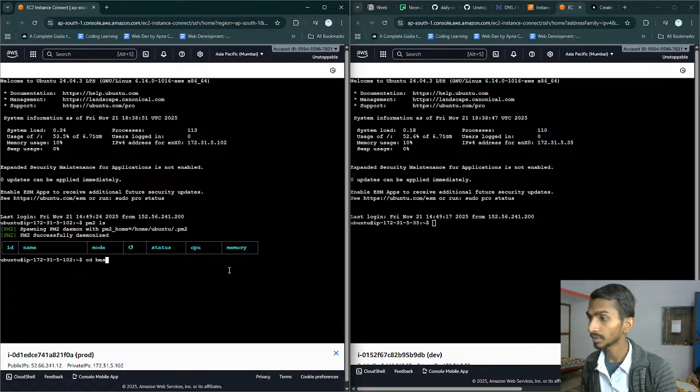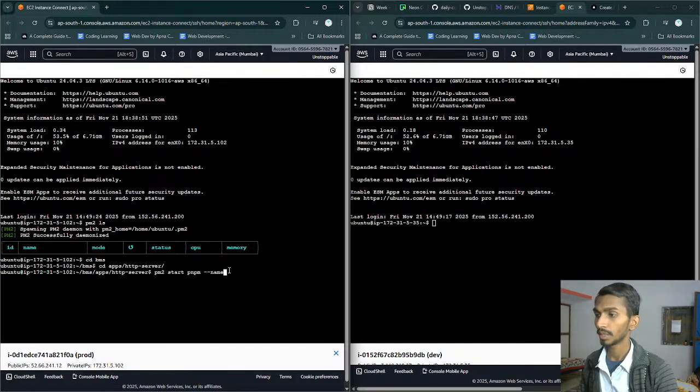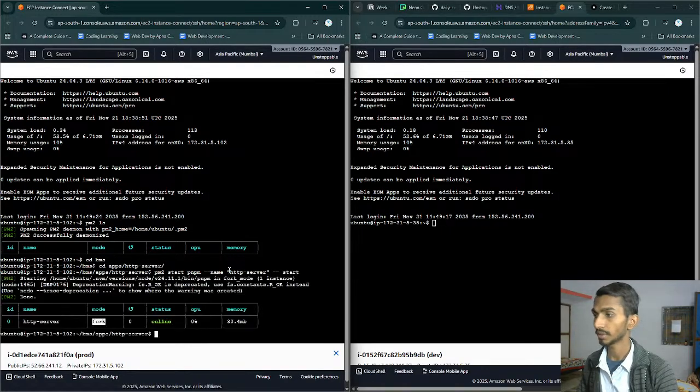cd bms, cd apps, http-server, then pm2 start pnpm, name is going to be http-server, and we have to start it. First thing is done. Second thing is simply let's come one step backward, ws-server, and then run the same command, and this time it's gonna be ws-server.